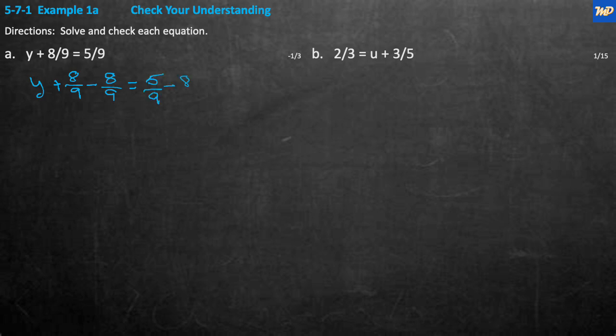minus 8 ninths. Whatever we did to one side of the equation, we added this 8 ninths over here. We have to do the same thing. So when you add this 8 ninths, you must add that 8 ninths. So when we do that, these two disappear because 8 ninths minus 8 ninths is 0. And we end up with y equals 5 ninths